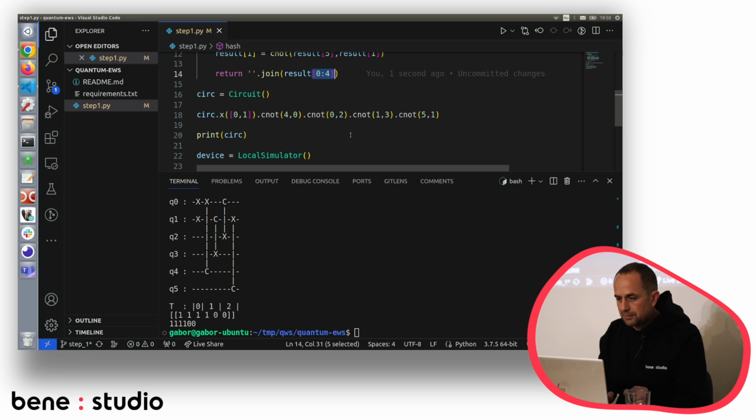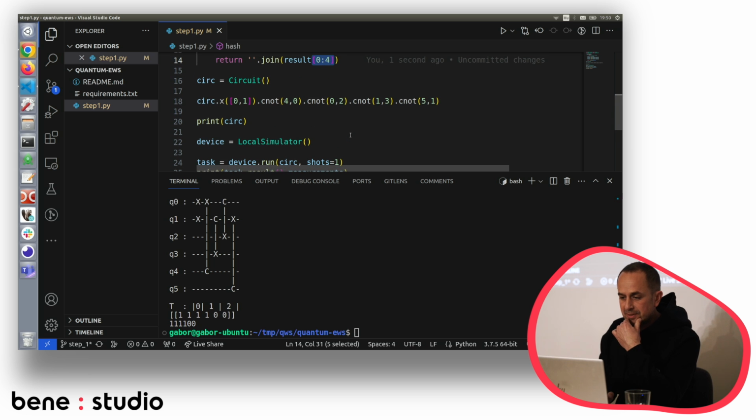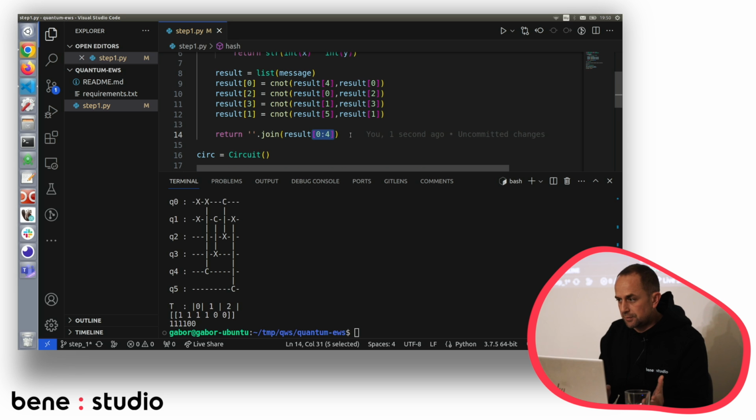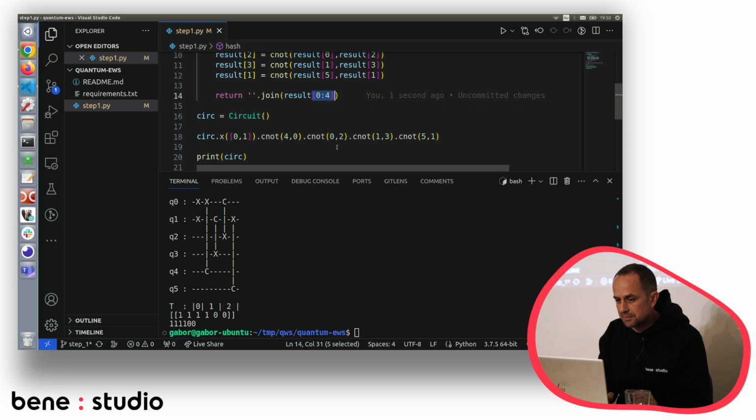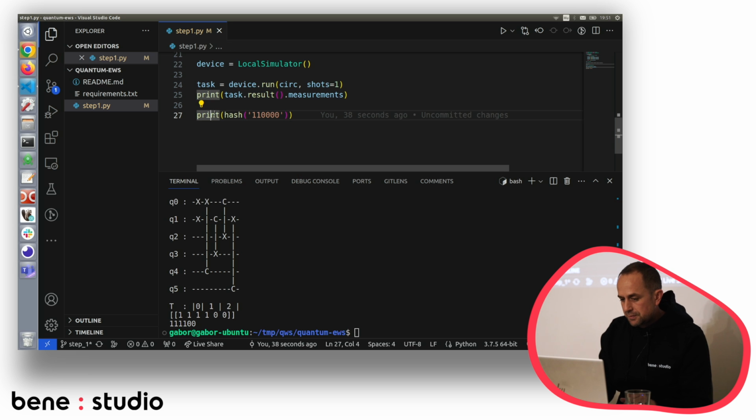So up to now, these quantum gates seem to behave quite deterministically, and we don't see the superposition and the entanglement things which we heard about in the first part of the workshop. So let's leave the hash for now,